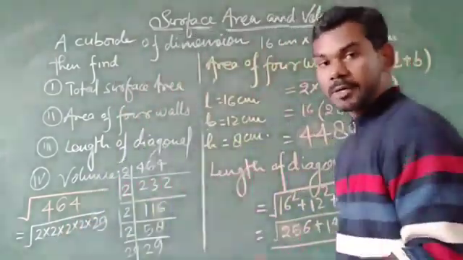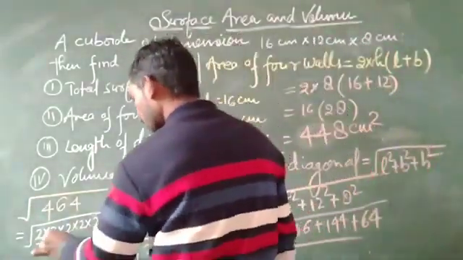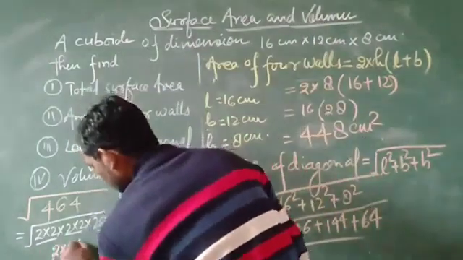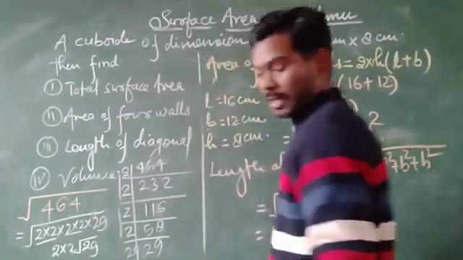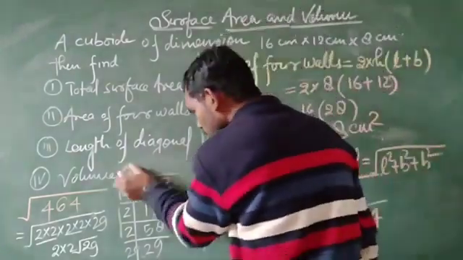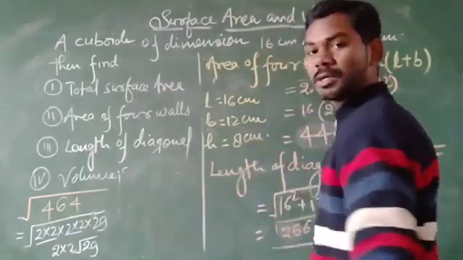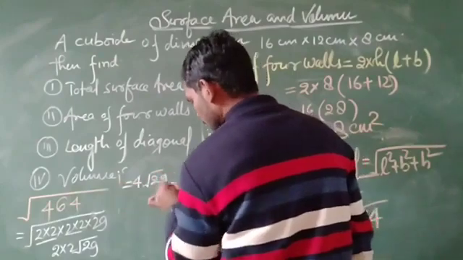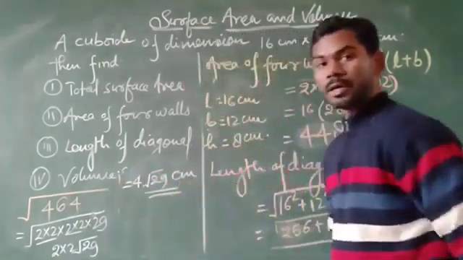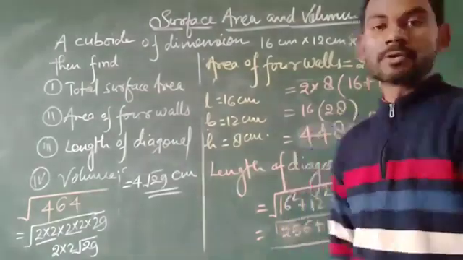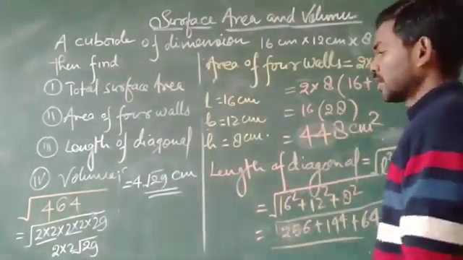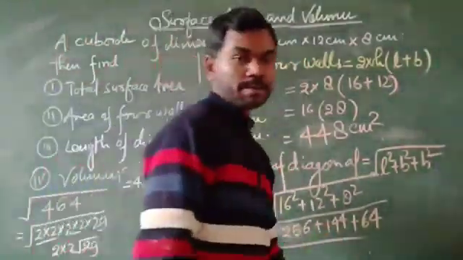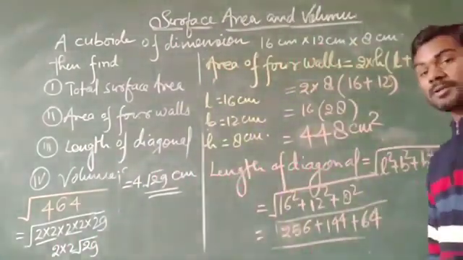Okay. Now write the pairs. Here there are 2 pairs of 2. So it becomes 2 into 2 root 29, and 2 into 2 root 29 can be written as 4 root 29. So 4 root 29 is the length of the diagonal. I hope these two problems are clear. Now let us see the solution once again.